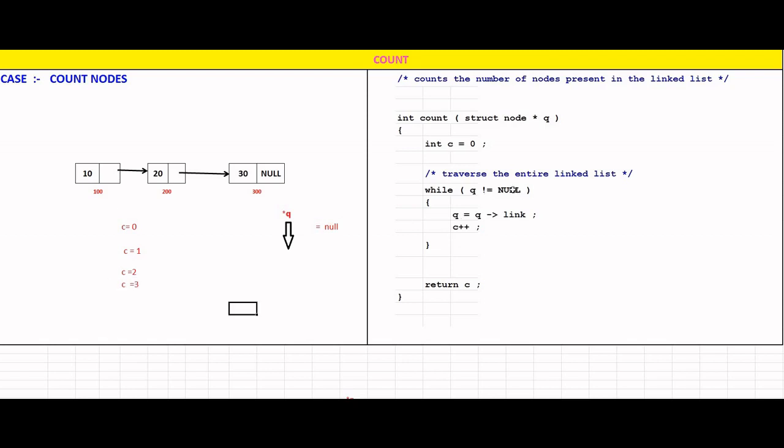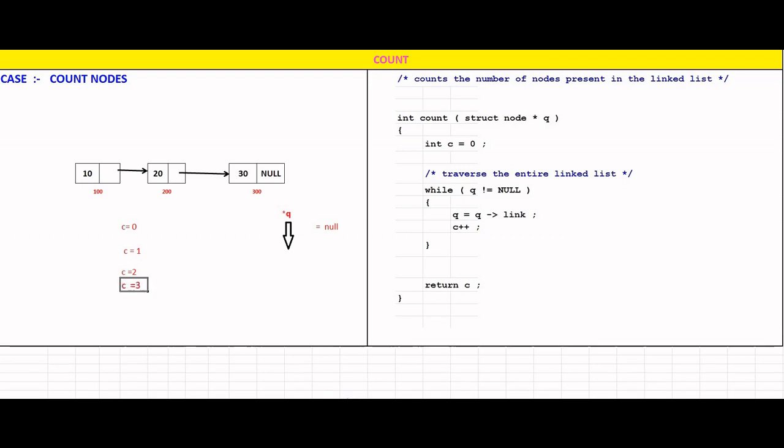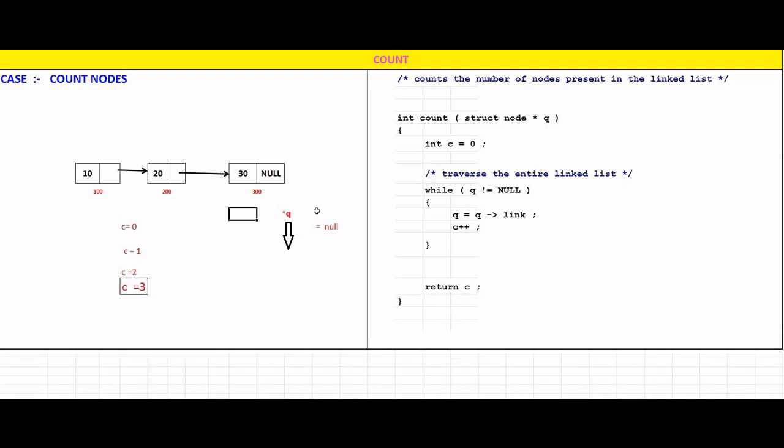Is q not null? No, q is null. So our control comes over here and we return c. What is the latest value of c? It is 3. This is our output of the counting. So this is how the count function works.